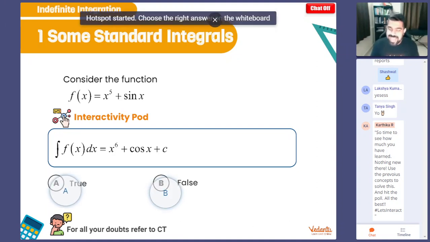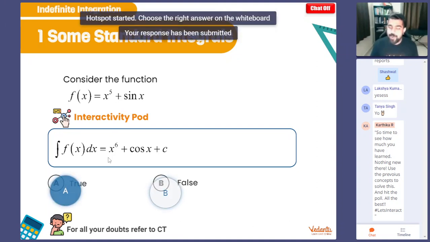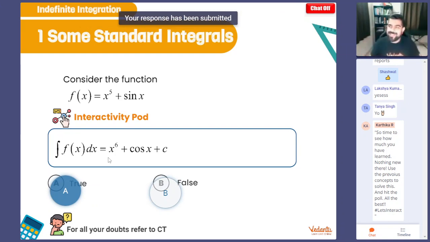So let's get started. Your hotspot begins now. Go for it, my dear boys and girls. I want all of y'all to participate. Okay. We should have complete participation. That would make me really happy. Come on, guys. Try doing that. Last 10 seconds, people. I'm going to close it down. So make sure you have filled in your responses.